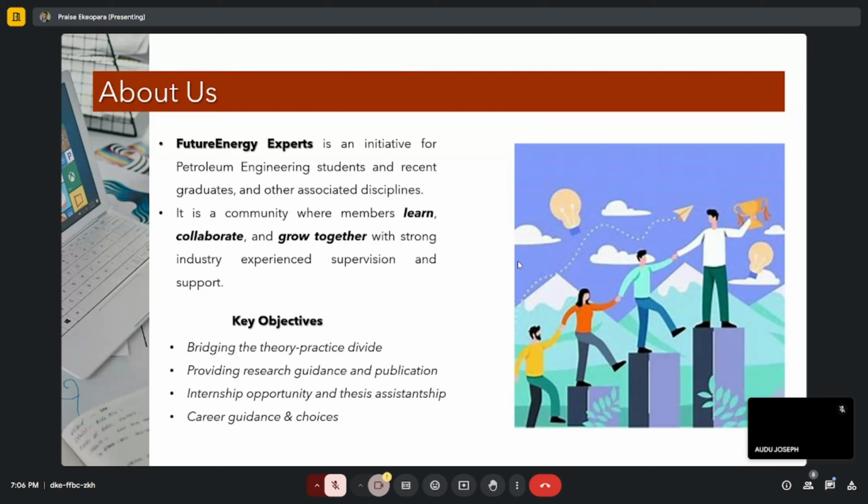So we want to have a community whereby we show students how their theoretical understanding will be translated to practical applications. The second key objective of the future energy experts community is providing research guidance and publications. Most students don't really value research, but there are more things we do within the community, where we carry out various